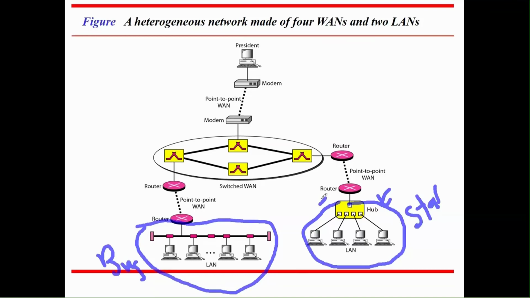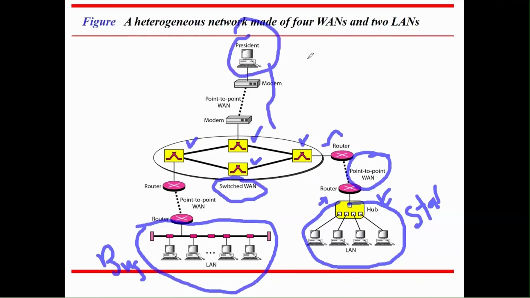And then we use a router to connect point-to-point to another router to connect to 4 WANs. As you can see, 4 wide area networks which are connected with each other in a switched WAN, and then I go all the way maybe to the president, to wherever you want to go. It's a good design